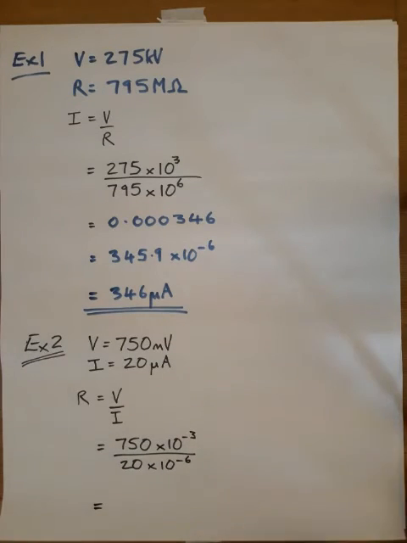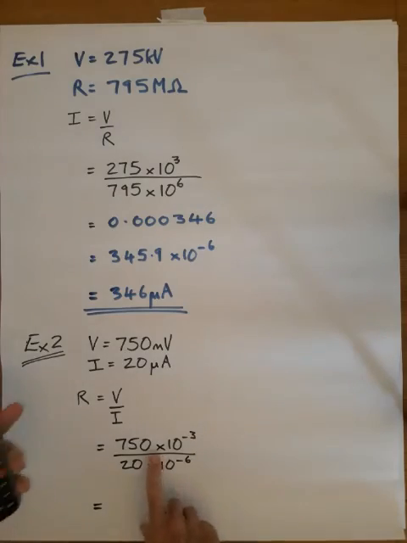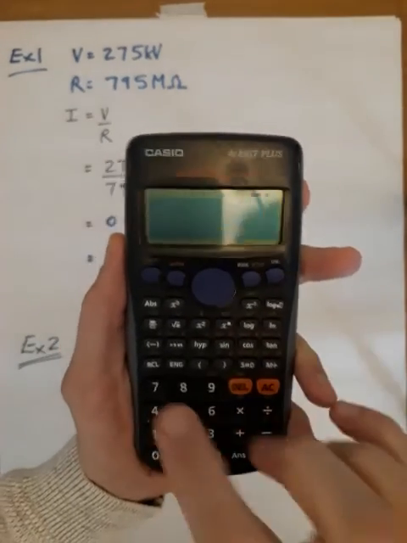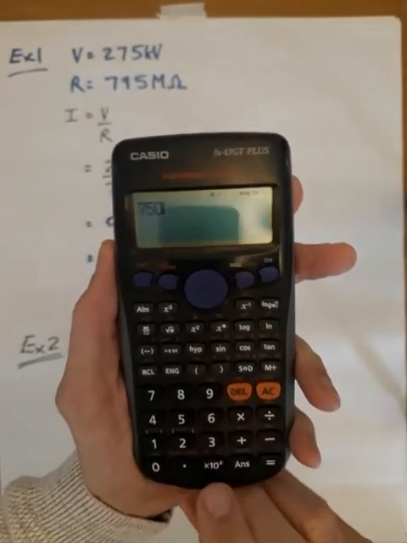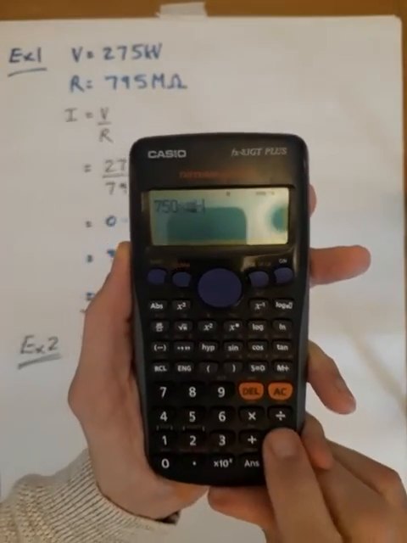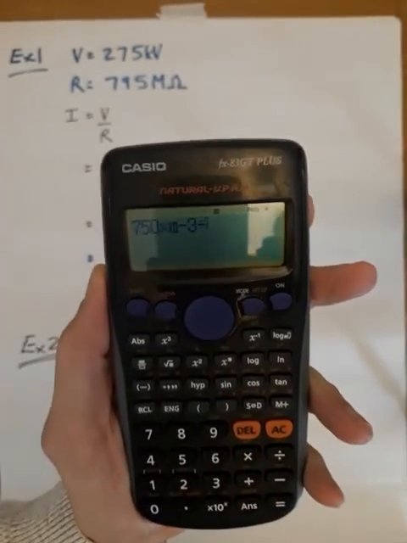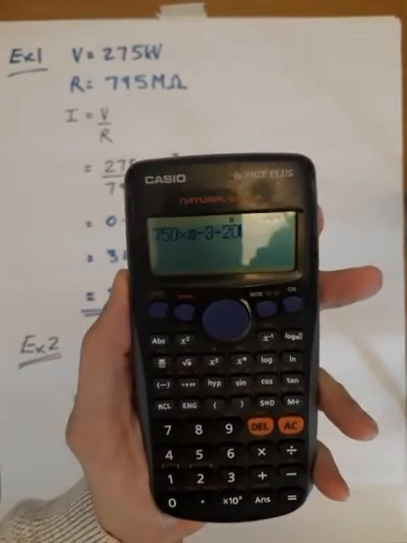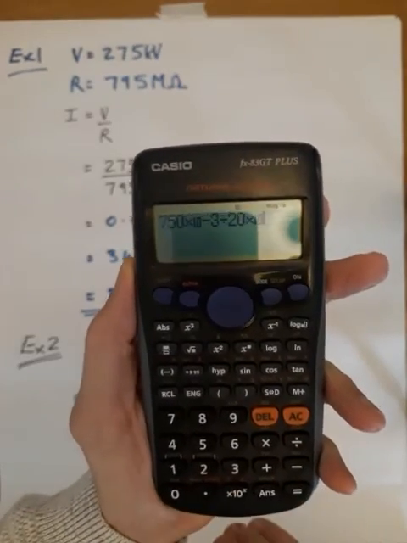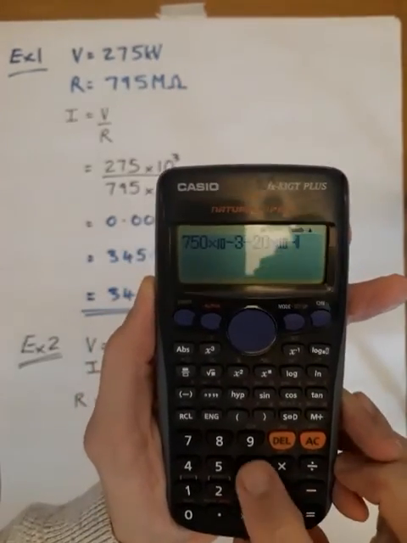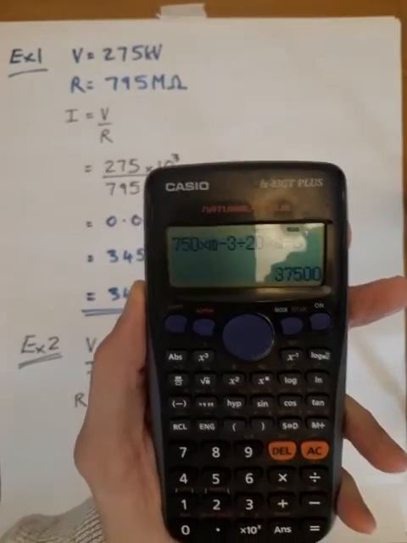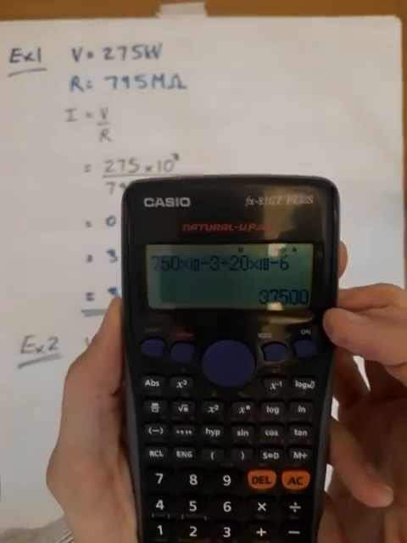Let's see if I can show you this on the calculator. So these are the numbers we're going to deal with, and we've got 750 times 10 to minus 3 divided by 20 times 10 to minus 6 equals, and there is our answer,